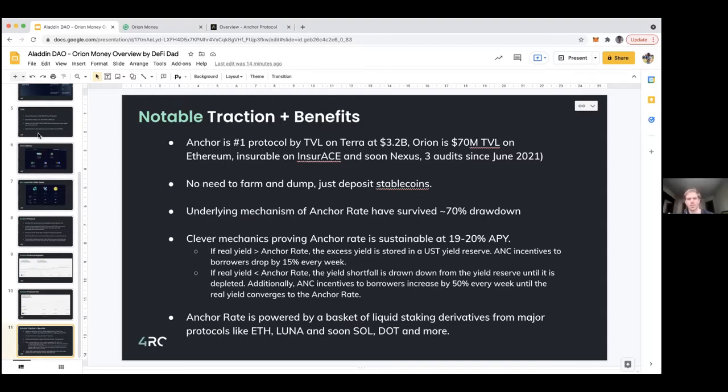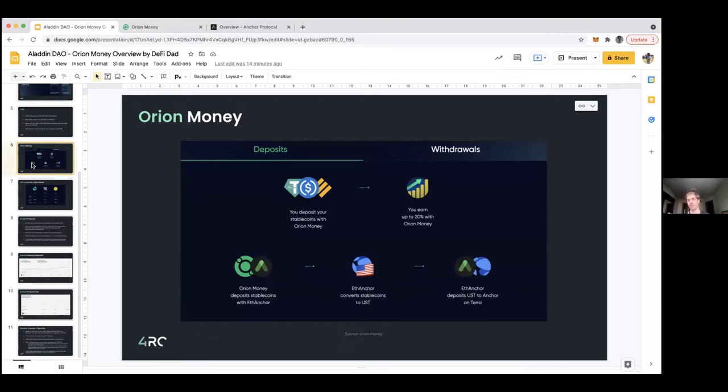One thing that I am thinking here is, basically Orion is an interface to Anchor. If they're going to take a 3% cut off of that, is that something that we could just do the same infrastructure ourselves and just swap USDC for UST, put that in Anchor and abstract and save that 3 or 4%, which would be quite a bit? I haven't thought through the complications.